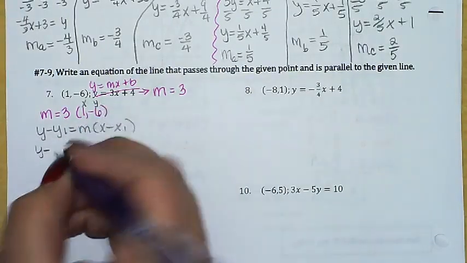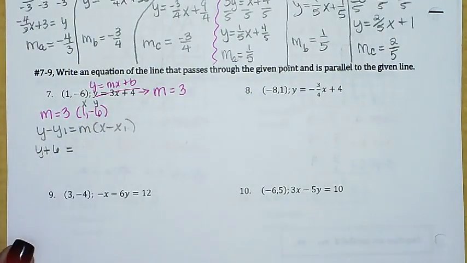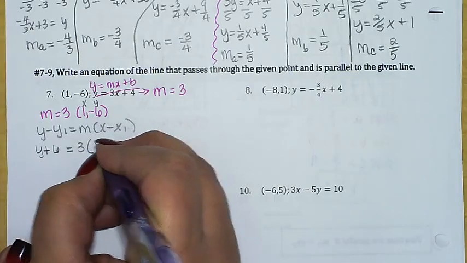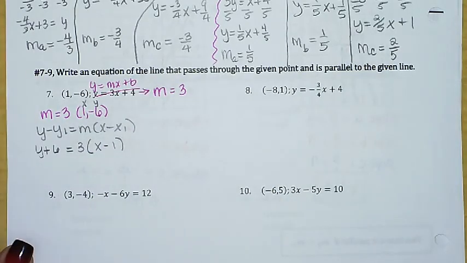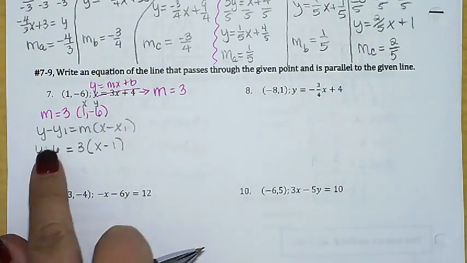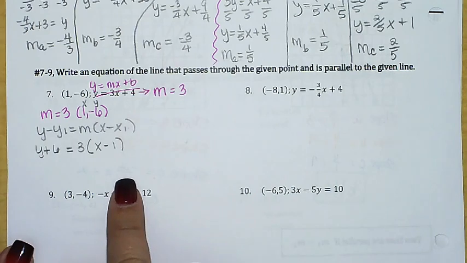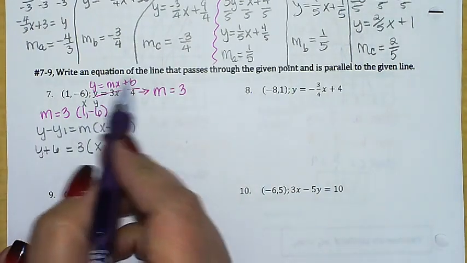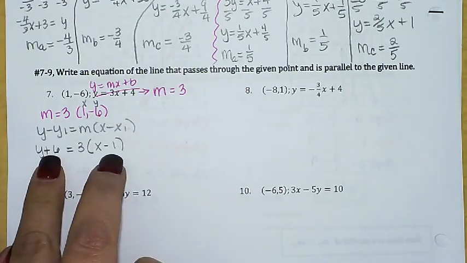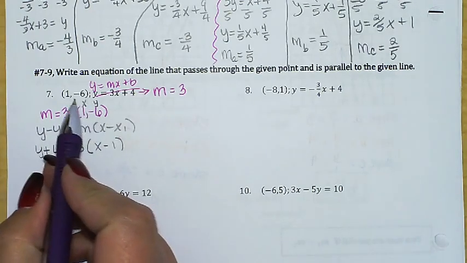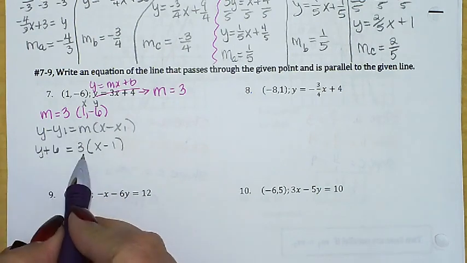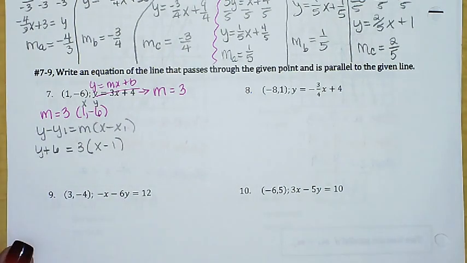When I do y minus my y coordinate, that really becomes y plus 6. We want our slope to be 3, and then x minus the x coordinate, which is a 1. Okay. But then we agreed, unless the directions ask for point slope, we'll start with this, but then we'll move it into slope-intercept, which is our more common way of writing these lines. Once I've inserted these ingredients, they guarantee the characteristics we wanted. By using this point, I guarantee that it passes through that point. By using a slope of 3, I guarantee that it's parallel to the one that was already established,